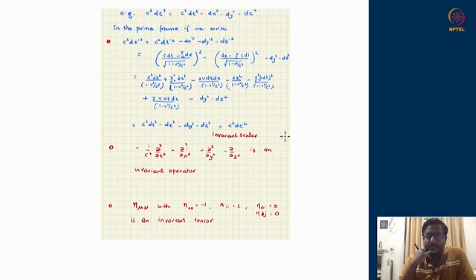Similarly, we can search for other invariant quantities. You can prove using the transformation relations of dt, dx, dy and dz. Just like previously, this combination was an invariant combination and it gave you an invariant scalar. This time,